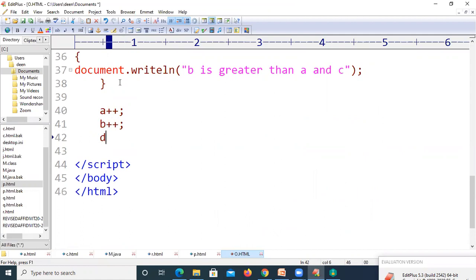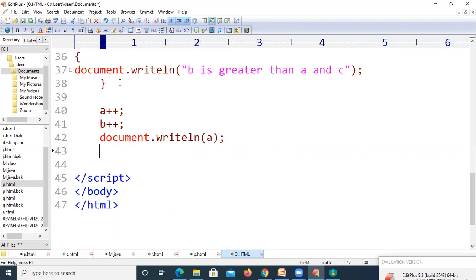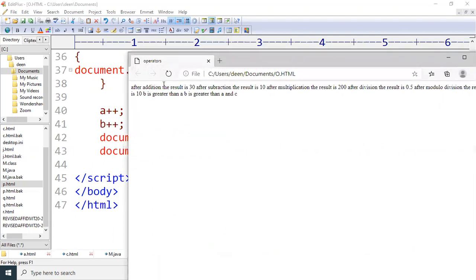After writing this, I want to print the value of A and B: document.writeln of A and document.writeln of B. Save the code and make a refresh here.